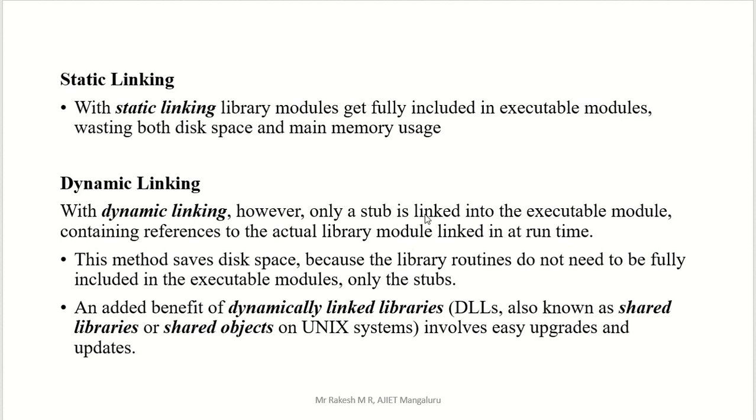No need to write that entire 1000 lines, we can write only one line plus that 100 lines. So 100 lines is the main program, and that one line is the library. One line includes 1000 lines, that means inside that one line we have 1000 lines. So no need to write the entire 1000 lines, only one line is there. By that we go for only 101 lines instead of 1100 lines in dynamic linking. So by that we can reduce the disk space.